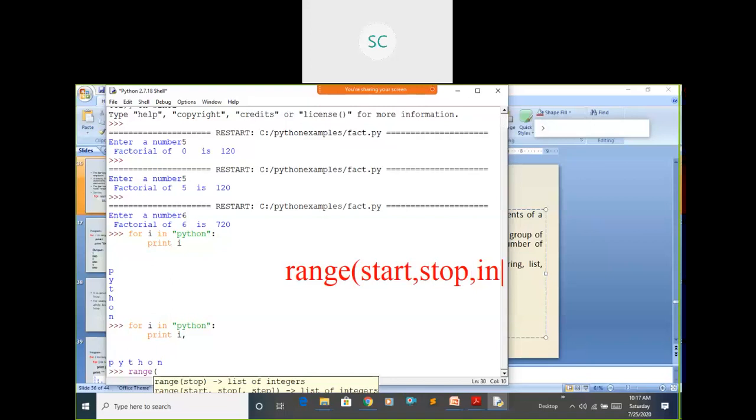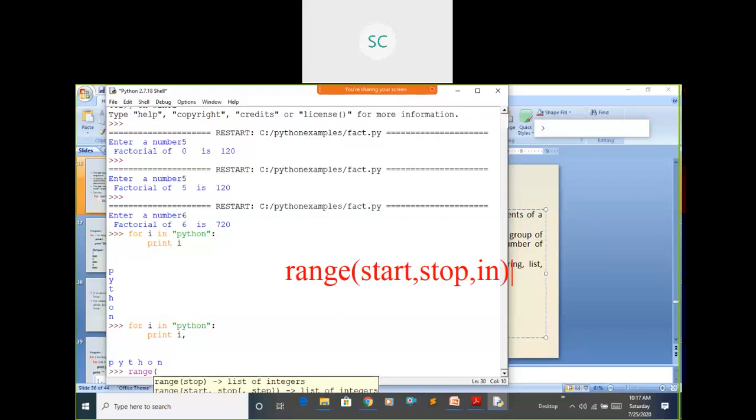It will take three parameters, but you don't need to give all three every time. You can give only the first parameter, or both the first and second parameters. The increment value is optional.